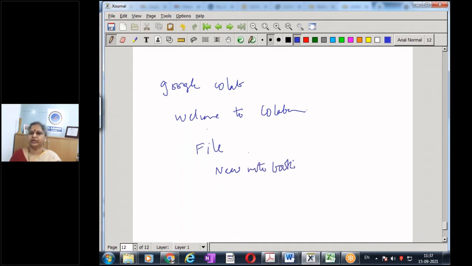Please try this. You will see Welcome to Colaboratory, then you will see the File icon, then select New Notebook.